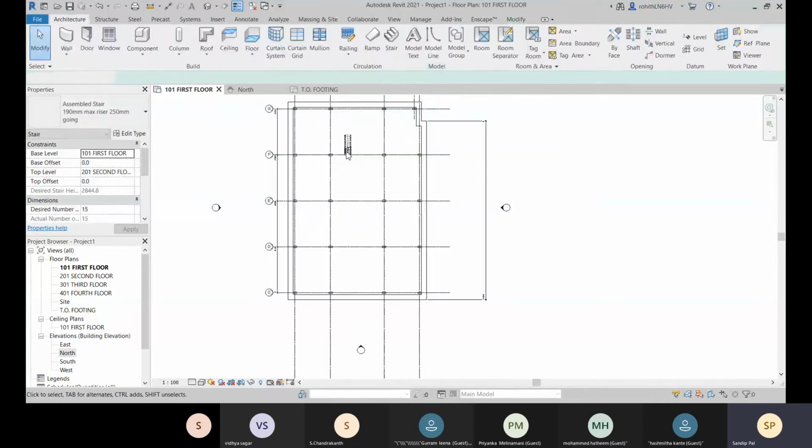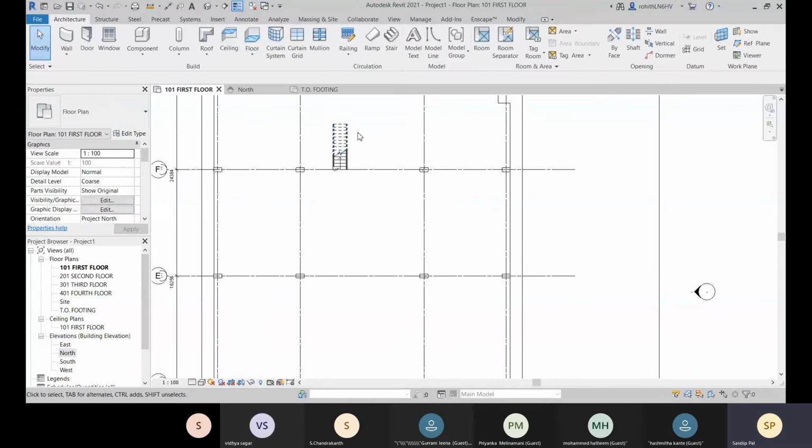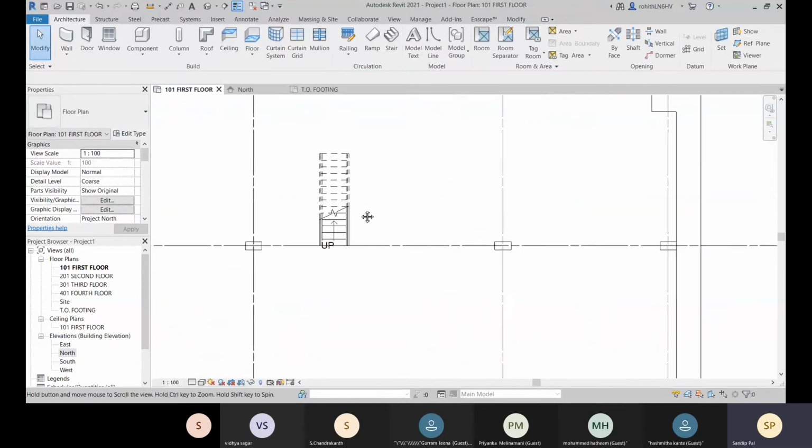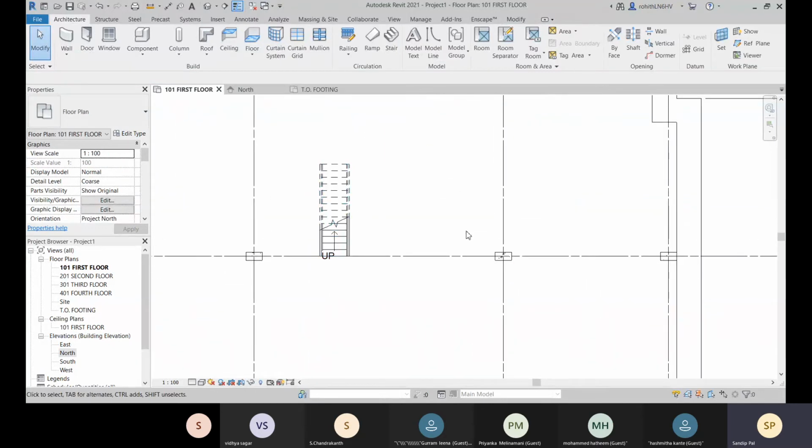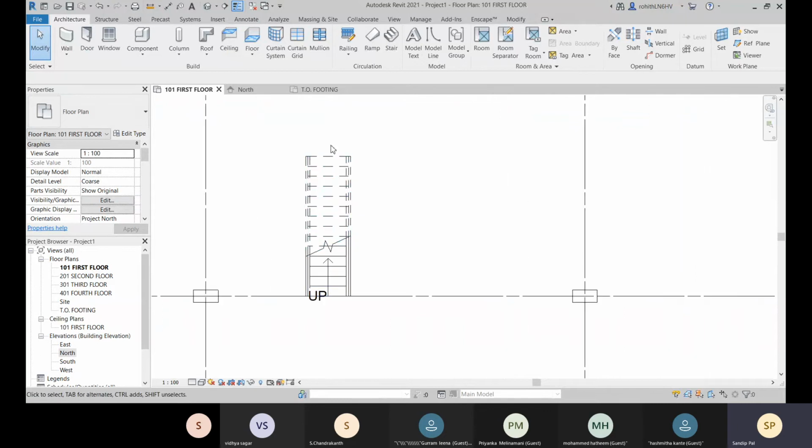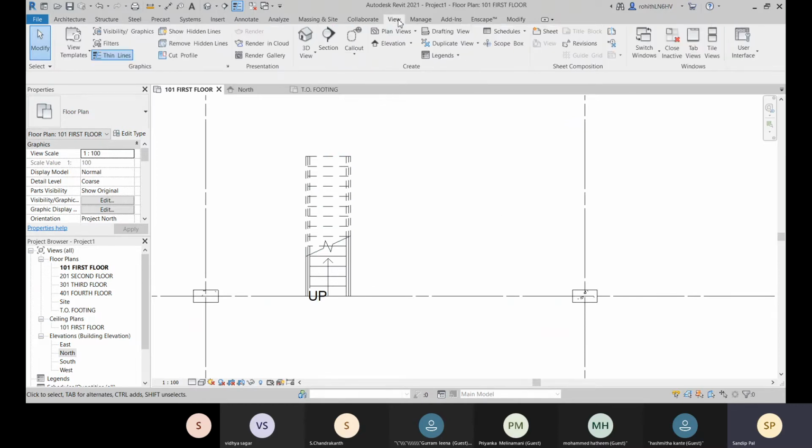Okay, and just edit quickly, just to show you that in your project one stair will be there, but you need to provide all the details about your stairs. So for that, you can go for this view, and then you have this callout tab. So this callout view, you can choose to create any detail view.